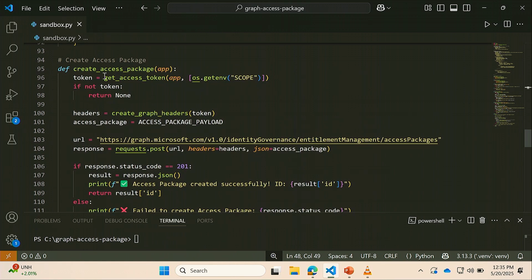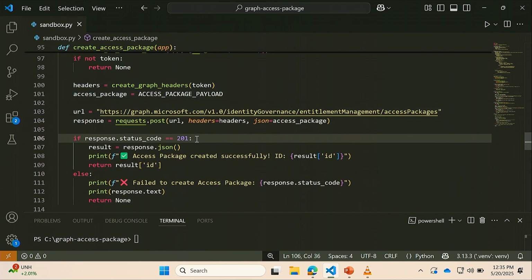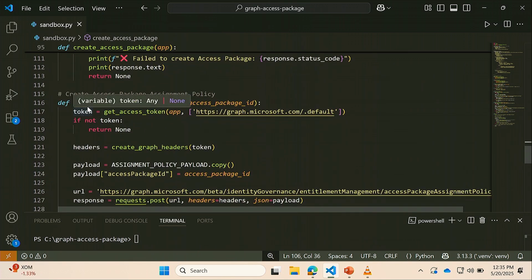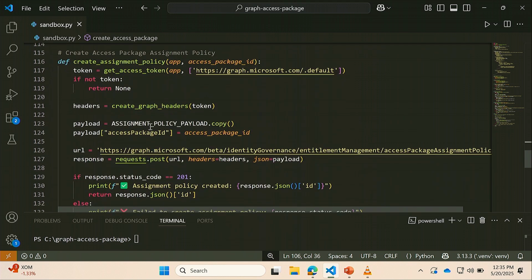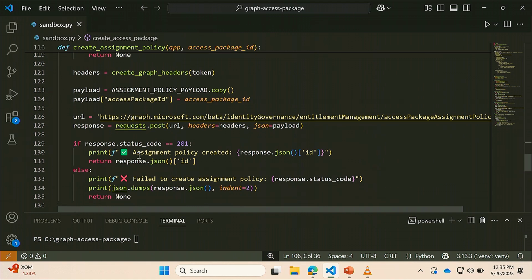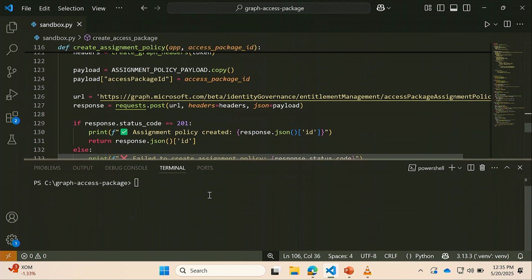We have a function here that's going to create an access package using the tokens and stuff. Call this URL to create the package. We already defined the payload above. And then this other function is going to take the ID from the response and use that to create an assignment policy on that access package. Let us run through this